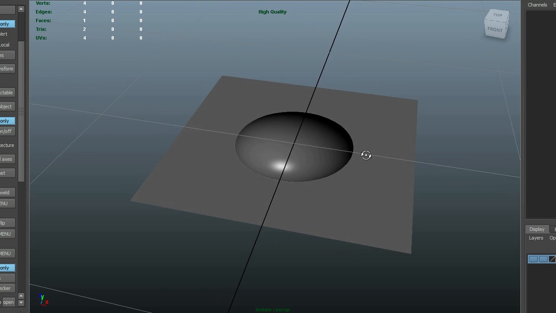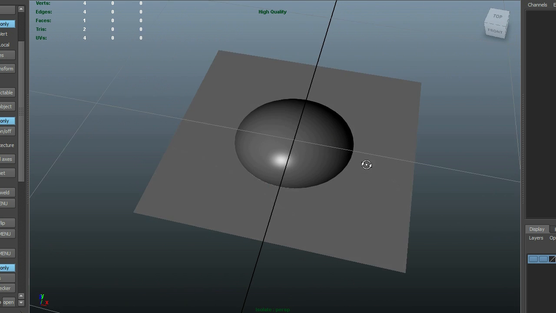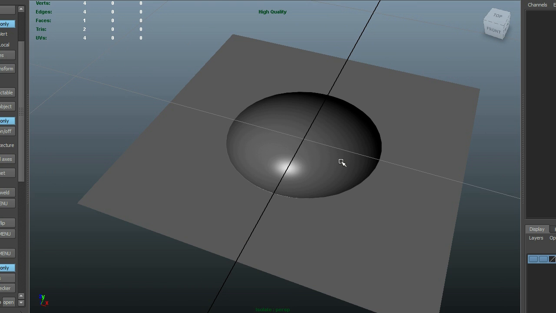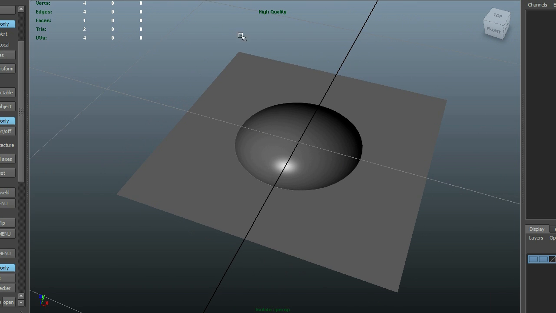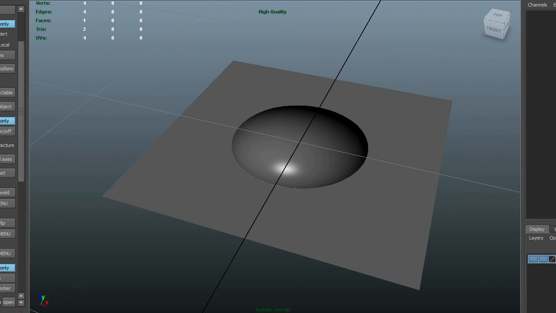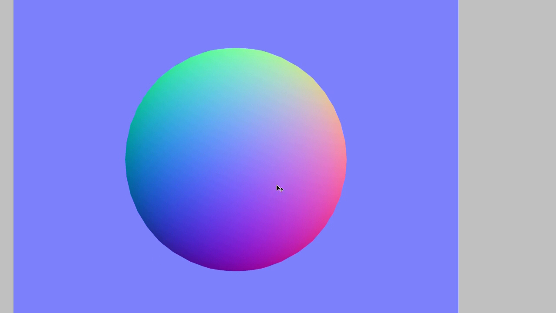So I'm here in Maya and I have a simple plane with a normal map applied to make it look like there is a spherical shape protruding from the shape, but actually it's just a plane, and that's what happens when I turn the normal map off. So if we go into Photoshop and look at this normal map, it's primarily a purplish blue kind of color with these green and red variations,